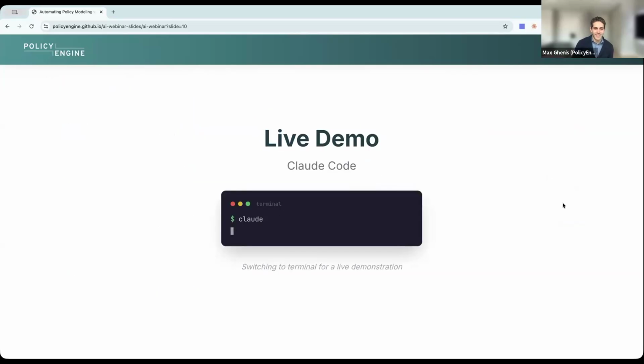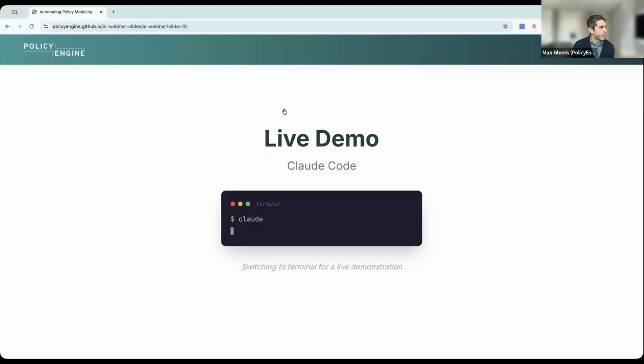Okay, so that's the key background. I'm going to switch over to the demo, and we'll come back to this later on, but we'll kick off a few of the pieces here. Let me start sharing.